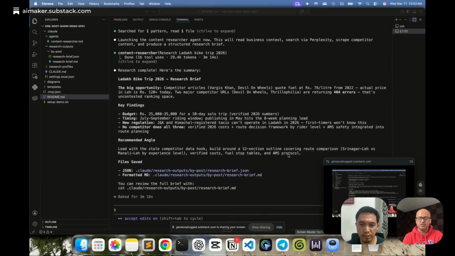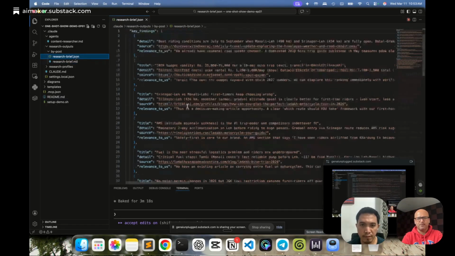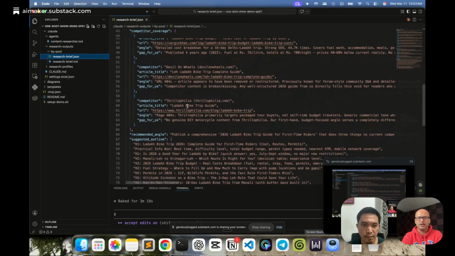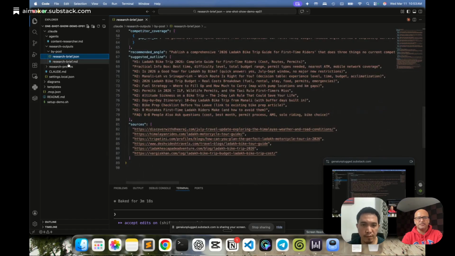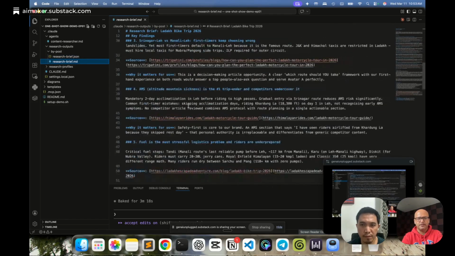And maybe I can use this to update my existing articles now, right? Or I can create a new article for the 2026 guide itself and start ranking pretty quickly because it's an old site, pretty deep into the roots of Google search and even the AI search. It is going to pretty much quickly start ranking me on these particular keywords. And if I show you the JSON, this is more like a JSON, all the competitor article angle gaps for us, it has synthesized all that, and it has suggested an outline as well, so it will be much better looking over here.